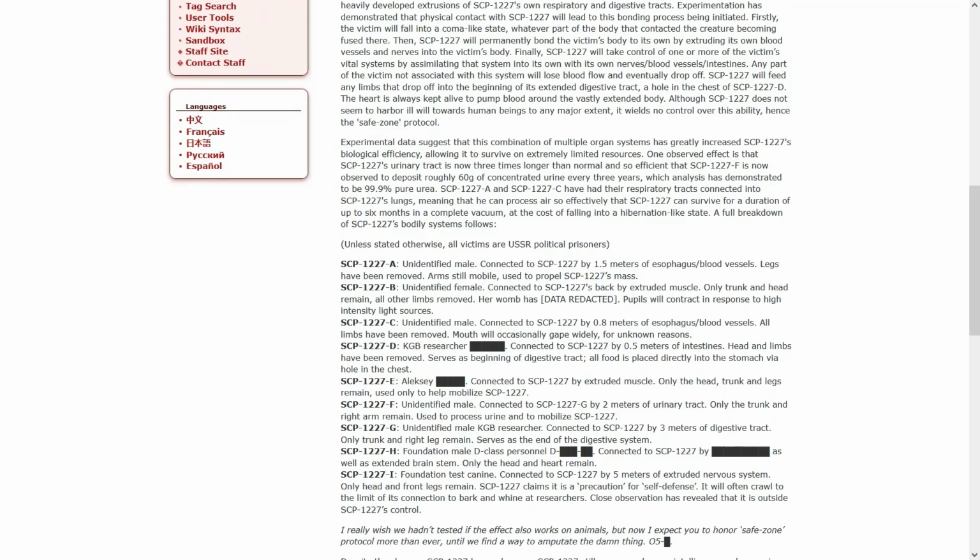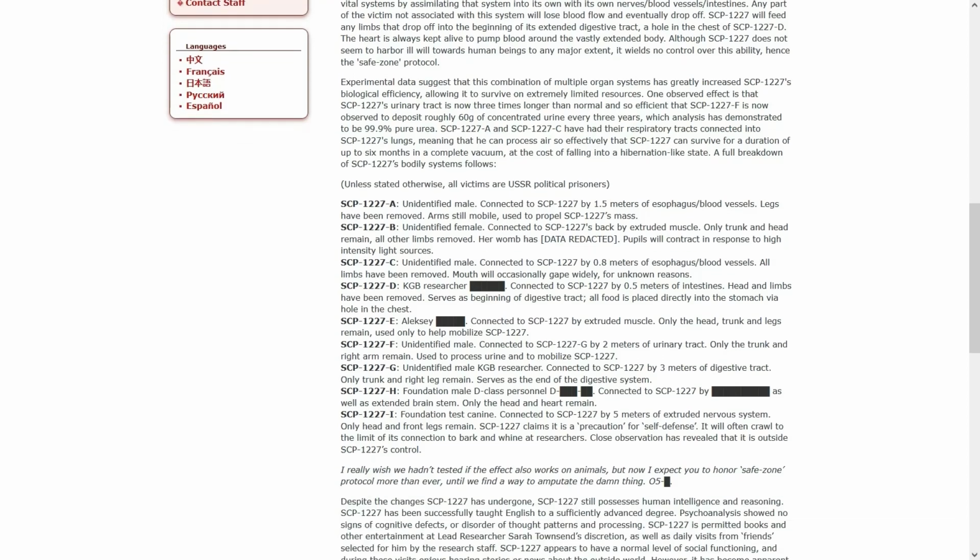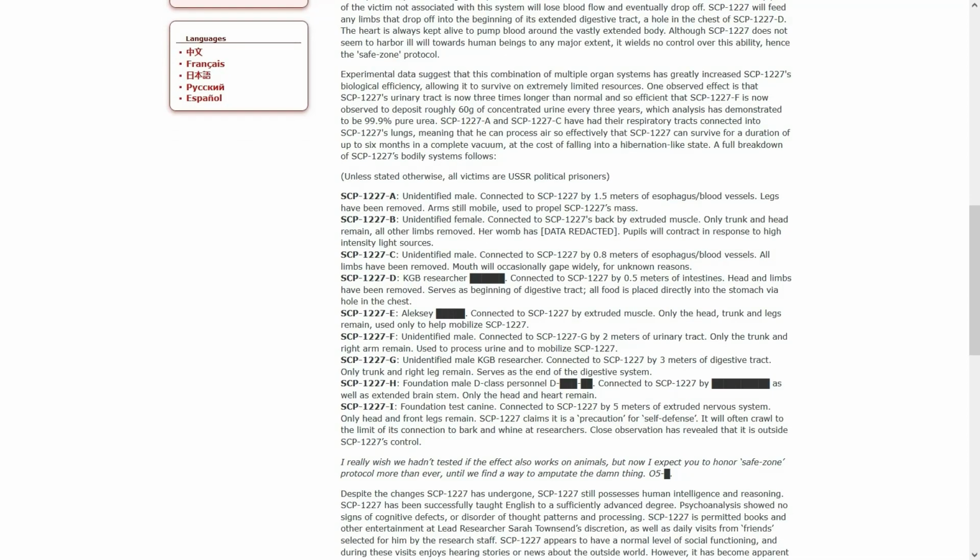The heart is always kept alive to pump blood around the vastly extended body. Although 1227 does not seem to harbor ill will towards human beings to any major extent, it wields no control over this ability, hence the Safe Zone Protocol. Experimental data suggests that this combination of multiple organ systems has greatly increased 1227's biological efficiency, allowing it to survive